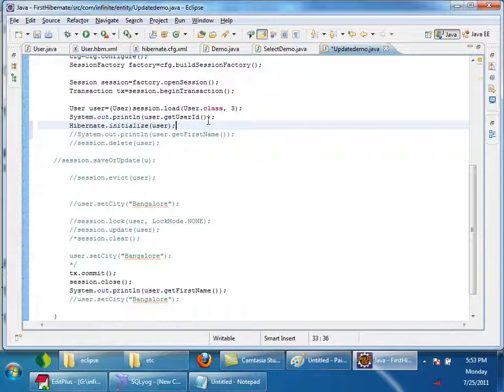Hibernate.initialize will automatically initialize the proxy without accessing any property, right? So this is the way to initialize a proxy. Suppose you have got a proxy in your DAO layer, and you want to propagate it to the upper layers, so first initialize it by using Hibernate.initialize. This is one of the options. Then after initializing the proxy, you can